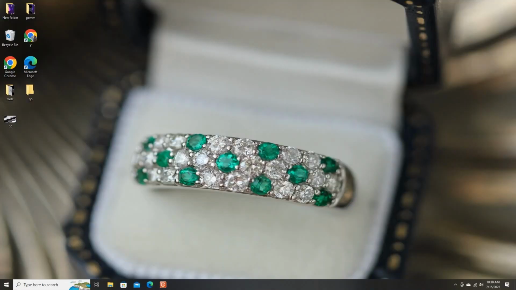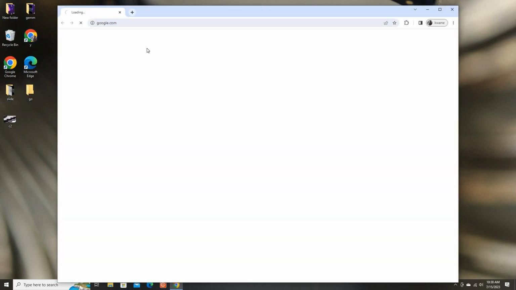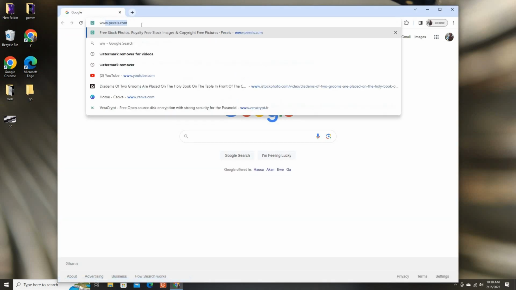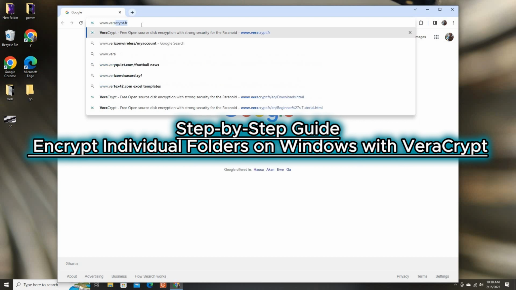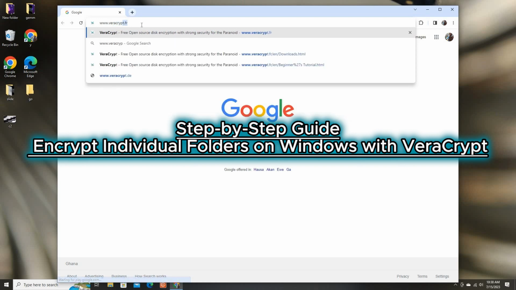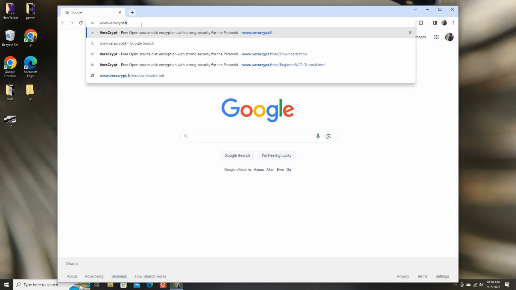To encrypt individual folders with a password on Windows, you can use third-party encryption software like Veracrypt. Here is a step-by-step guide using Veracrypt. Visit the Veracrypt website